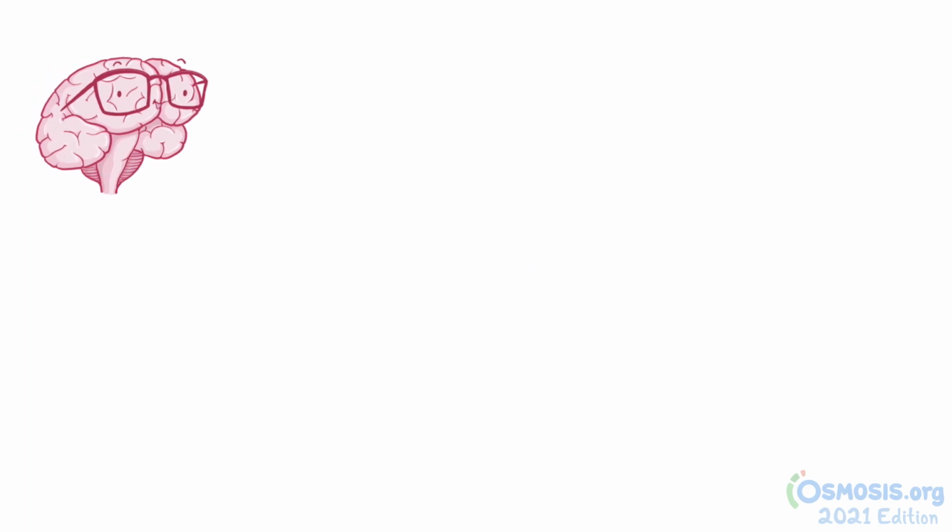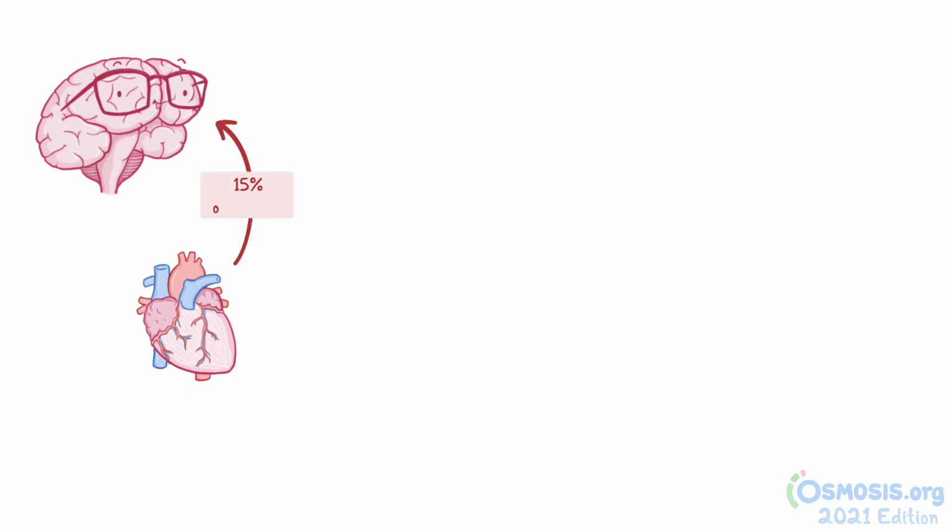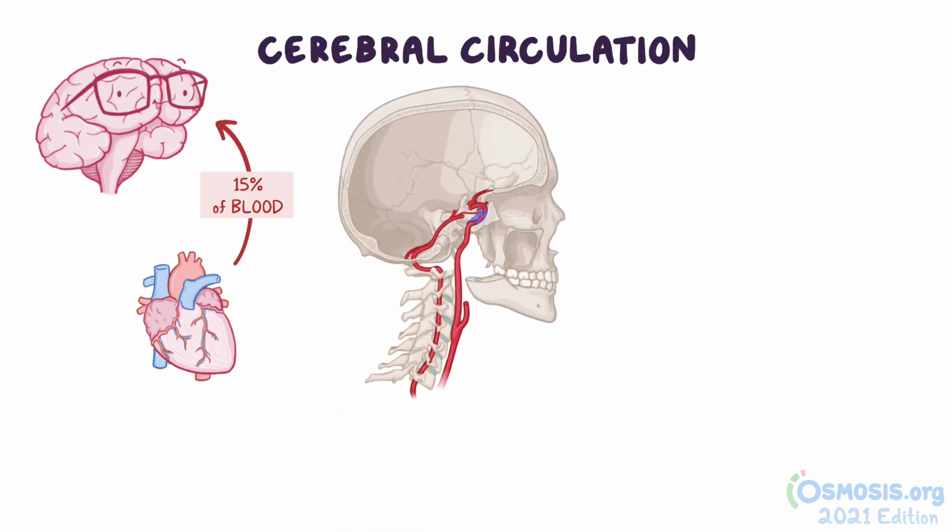The human brain is one of the most important and sophisticated organs of the human body. In fact, every minute it receives about 15% of the total blood pumped by the heart to our entire body. Cerebral circulation is a complex circulatory system formed by the two internal carotid arteries, the two vertebral arteries, and their